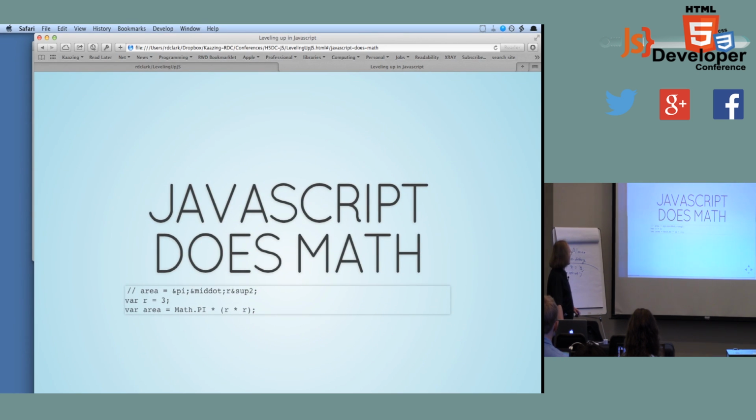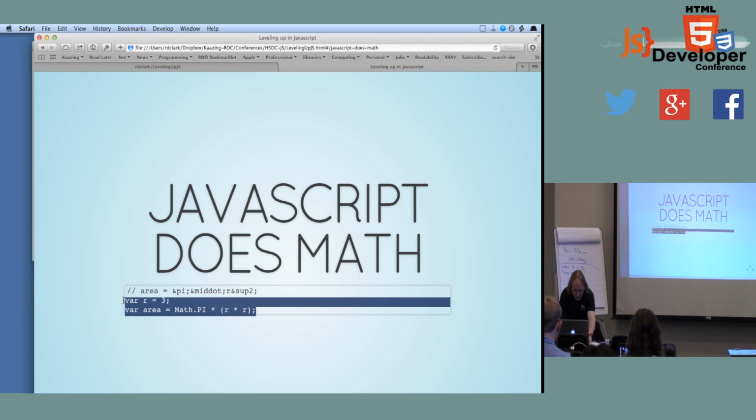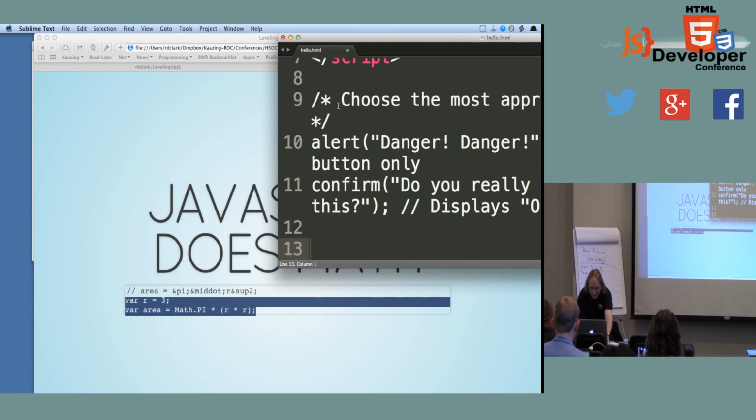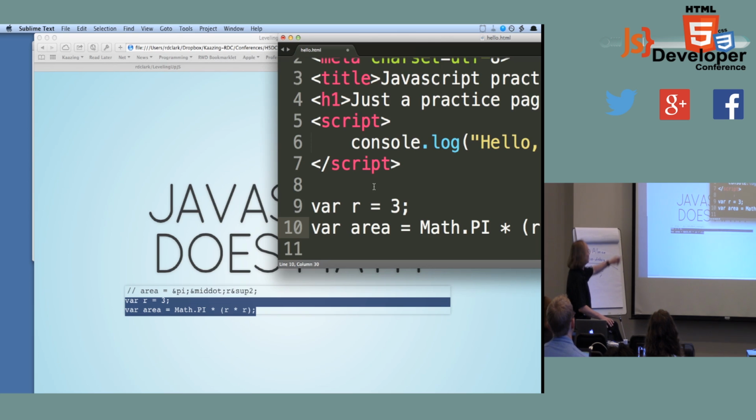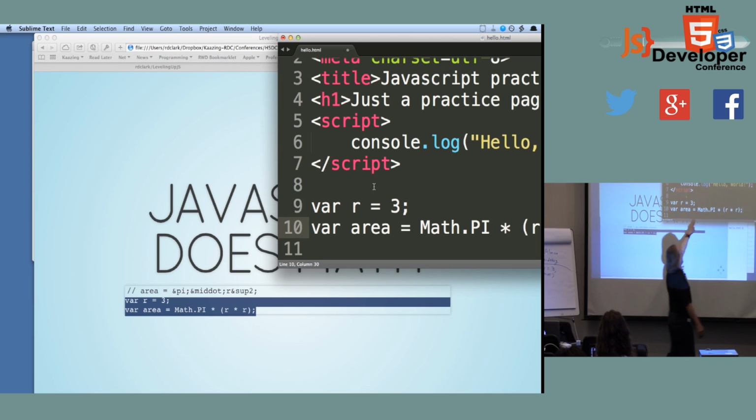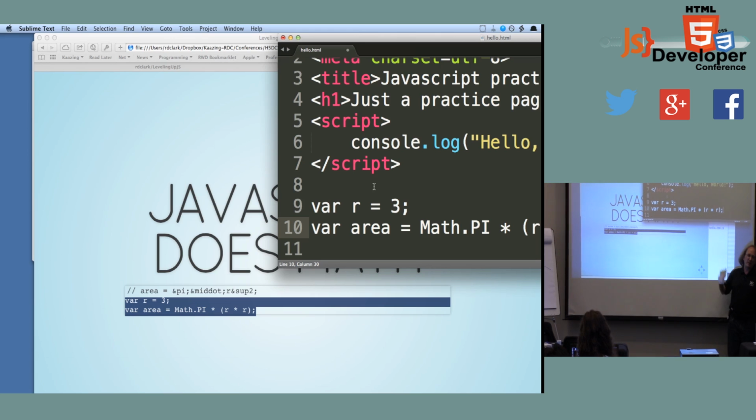So then JavaScript does math. If I wanted to find the area of something, I could take the formula pi r squared, and I could say, okay, well, if the radius is 3, then area is Math.PI. Math is a collection of useful math utilities and constants.